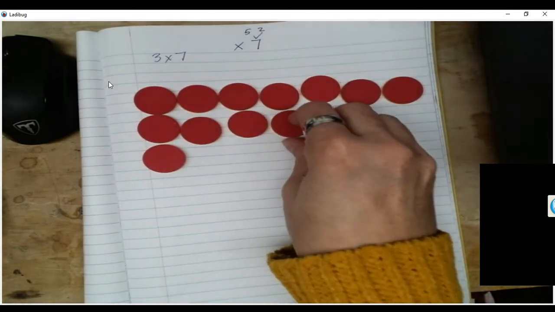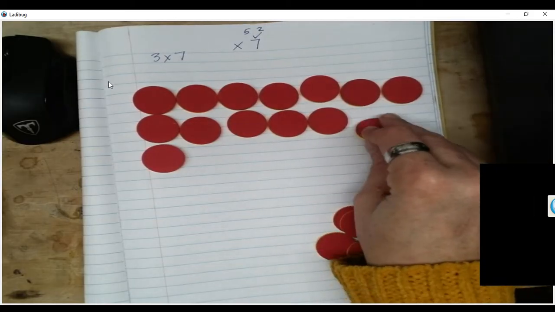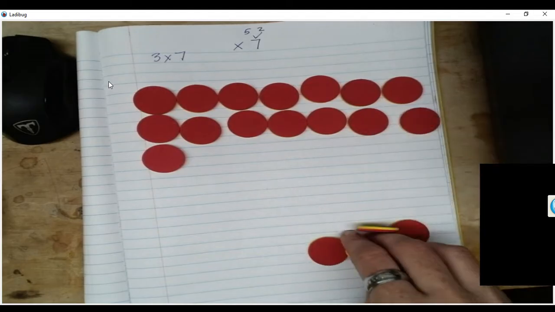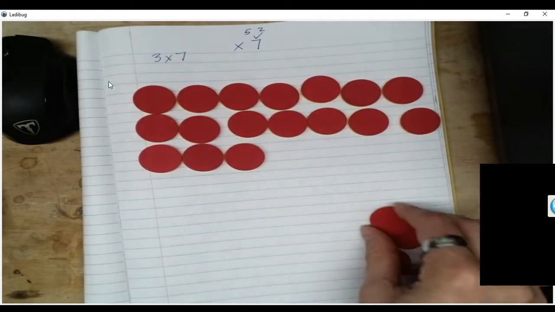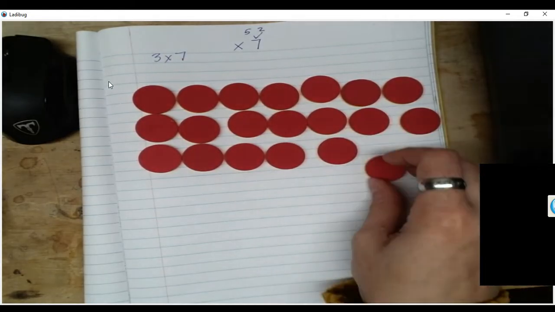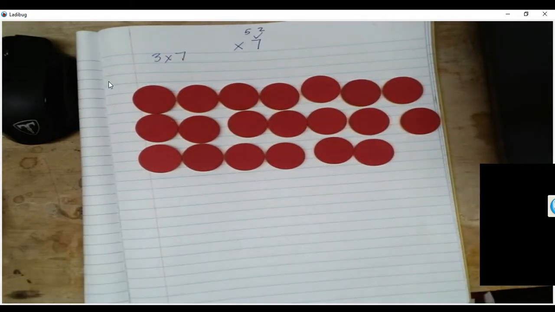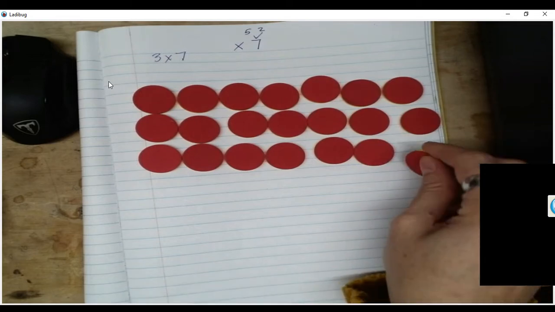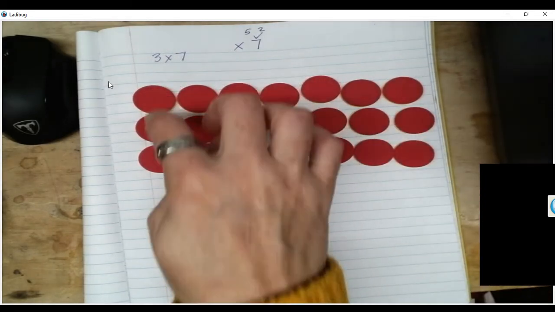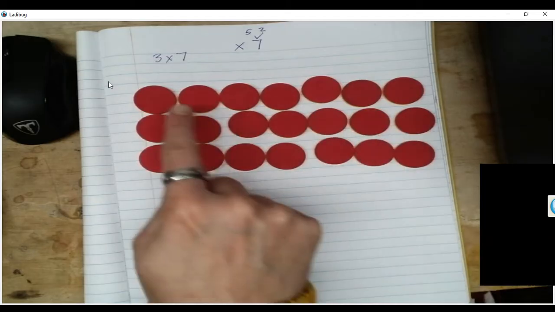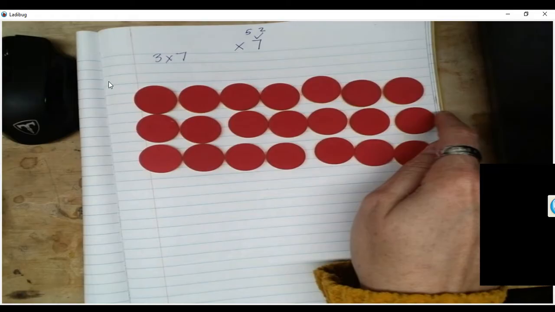Now our second row of 7. And then our last row of 7. Oop, need one more. Sorry about that. So I'm just going to double check. So I have my 3 rows, 1, 2, 3 rows, 1, 2, 3, 4, 5, 6, 7, 7 in each